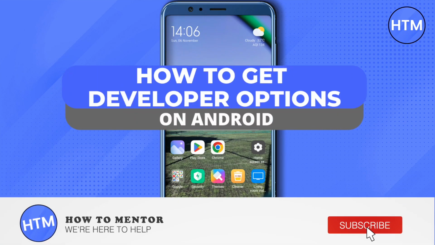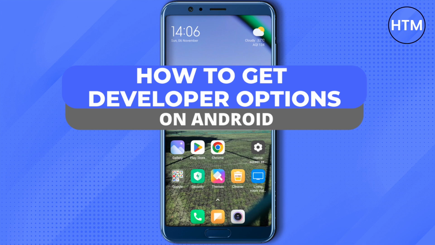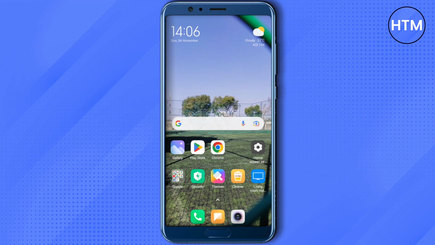Hello everyone, welcome to our channel, and today we will see how we can get developer options on an Android device. I will show you how you can get developer options on an Android device generally and also on Redmi devices specifically. So for that, just go to your settings,